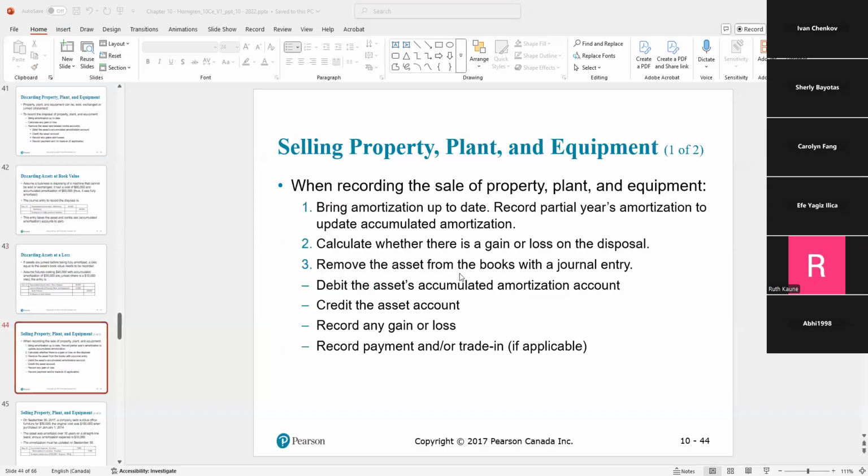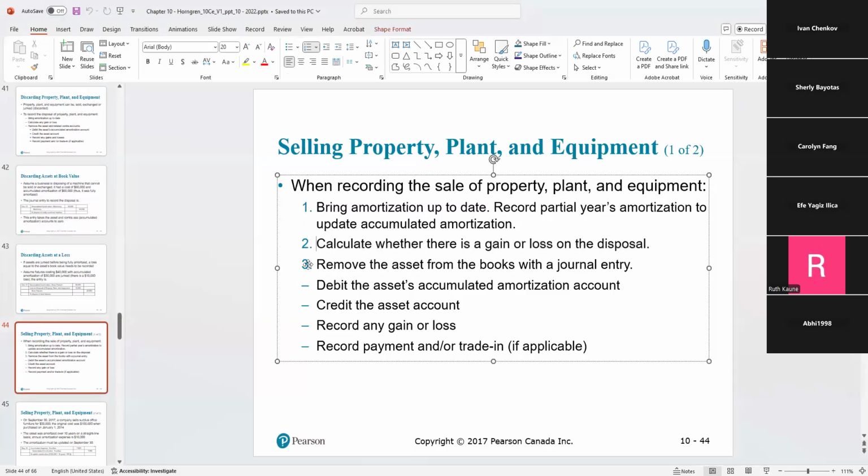The next scenario is when we sell the property, plant, and equipment. The general rule here is, first, bring the amortization up to date. Second, now I'm going to change this one because I don't like it the way it is. But I cannot change it because it's already a picture. Anyway,